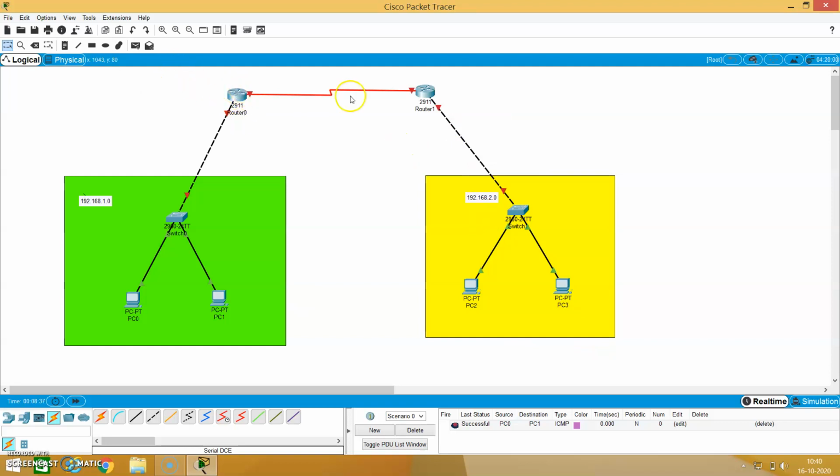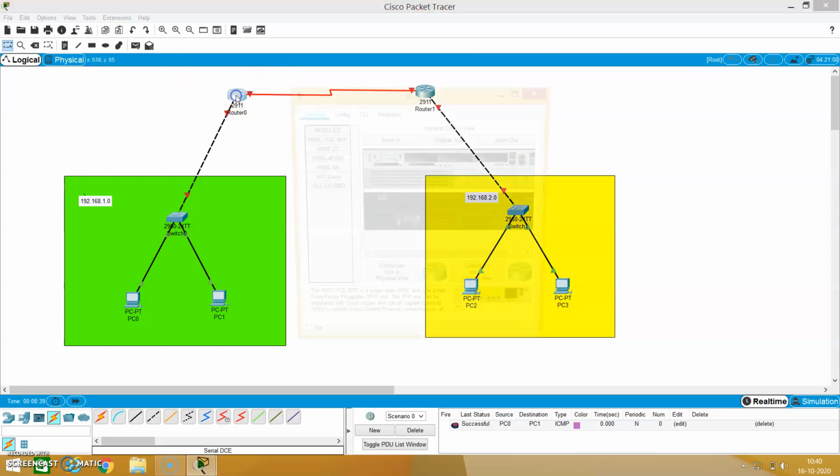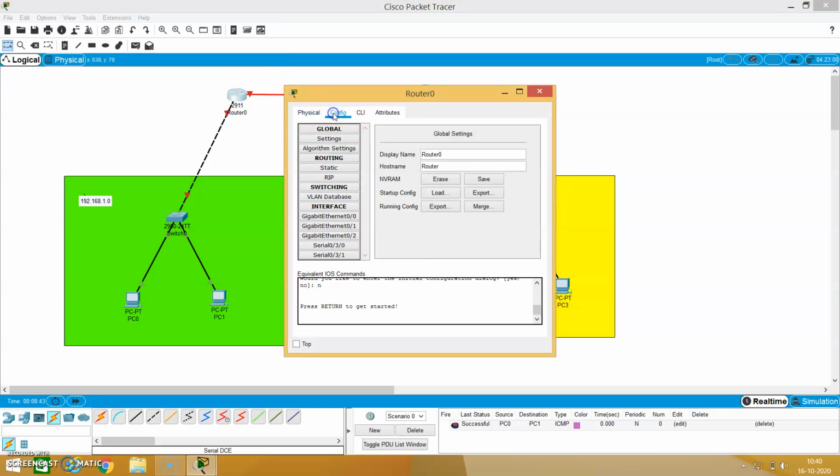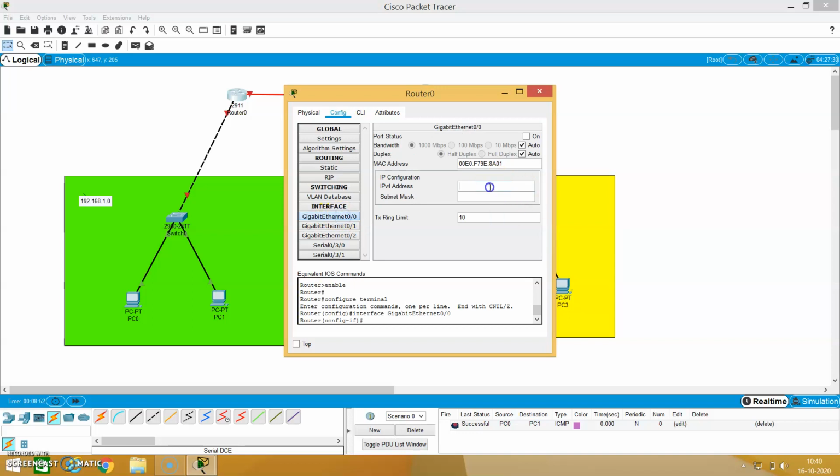Now you need to configure the interface of the router. Okay, in the first router, take the configuration part. You need to configure the LAN interface first. So take the gigabit Ethernet 0/0 interface. This is the interface connected to the LAN, that is the 1.0 network. So you give the gateway address, that is, this interface is actually the gateway to that network.